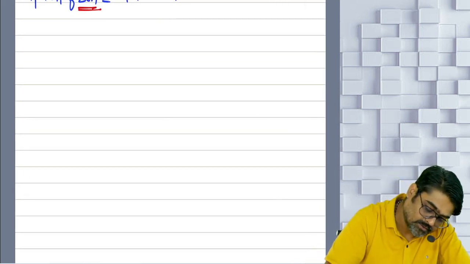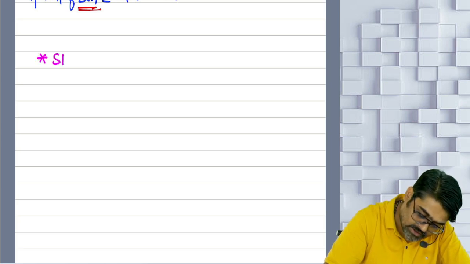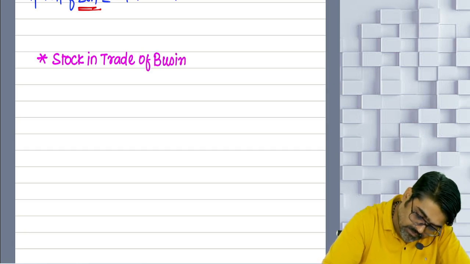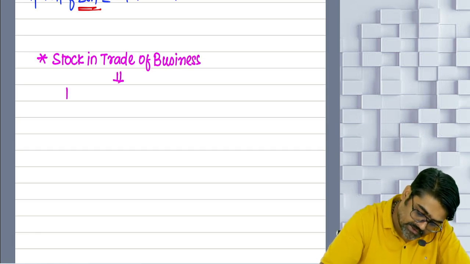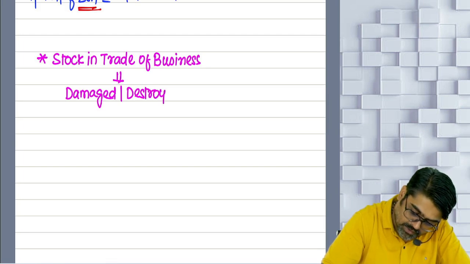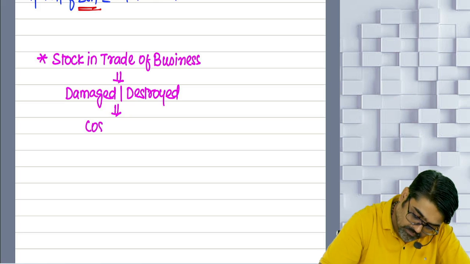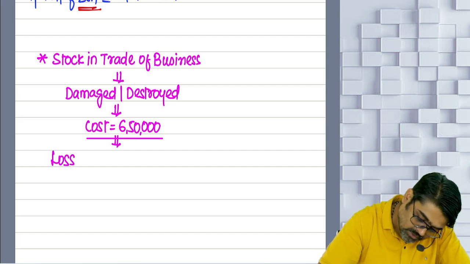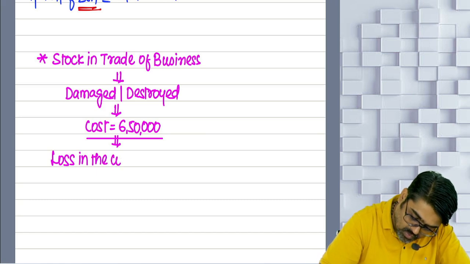First item, sir. Stock in trade of business. Yes or no? Is it damaged or destroyed? Damaged or destroyed. How much is the cost of that stock? 6 lakh. Don't you think this 6,50,000 is your loss incurred in the course of business or profession? So this is loss in the course of business or profession, and this loss will be allowed